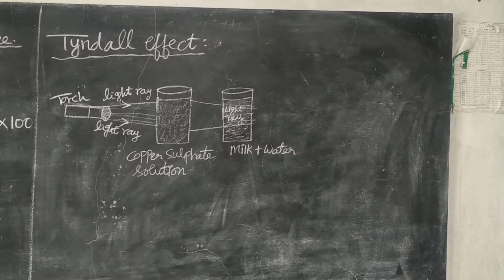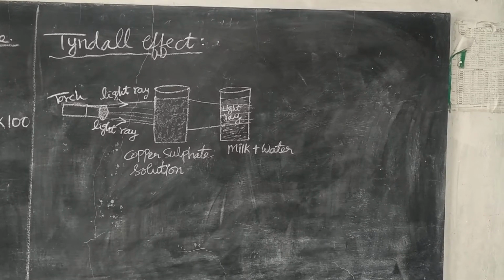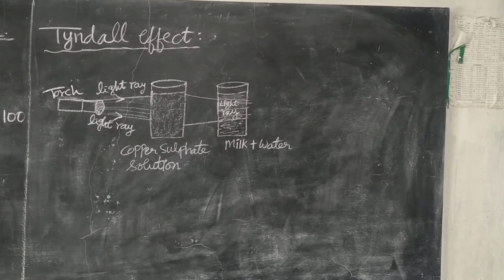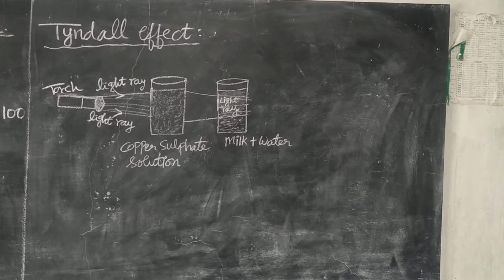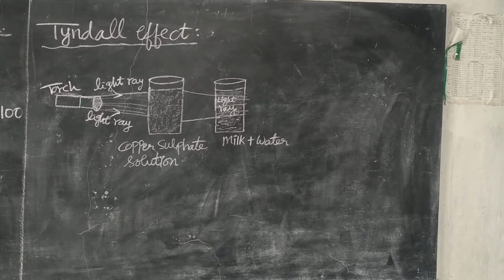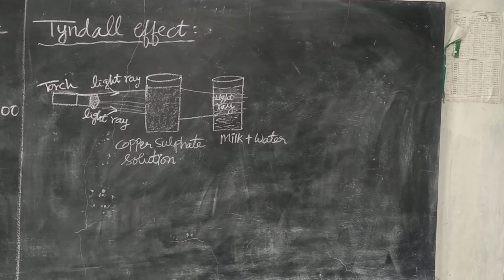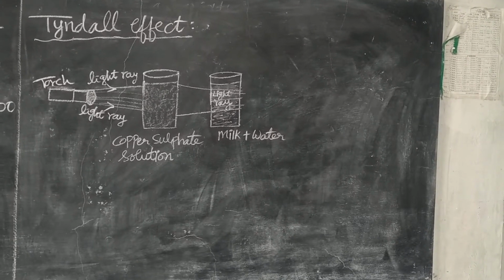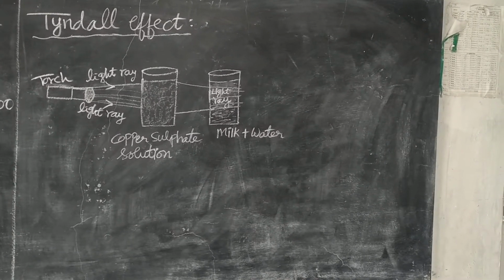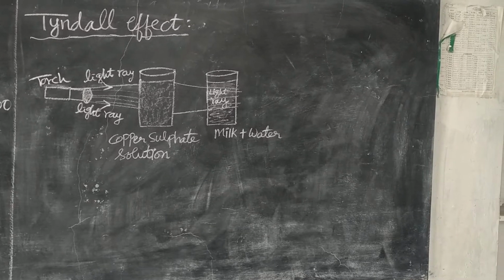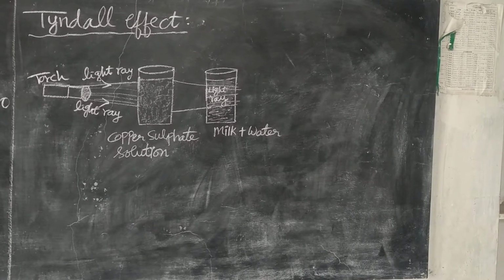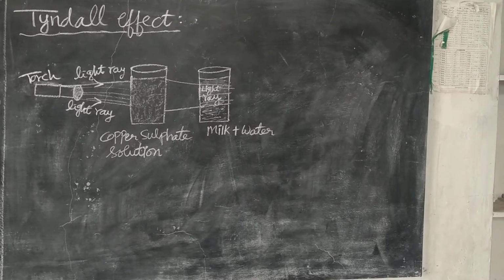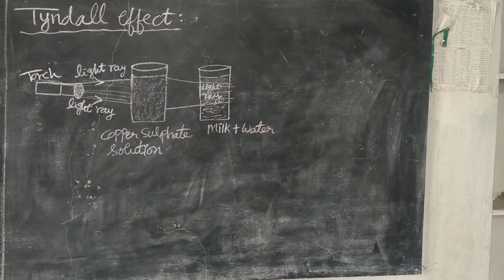There are two beakers. In the first beaker you see copper sulfate solution. In another beaker milk is filled, milk plus water. What are these two things? Copper sulfate solution is a homogeneous mixture, whereas milk plus water is a colloidal solution. In copper sulfate solution, the particles of solute are not visible with your eyes, whereas in milk and water the particles are also not visible, but they can